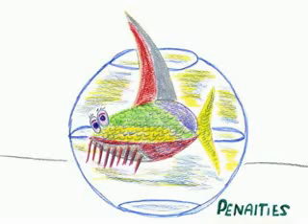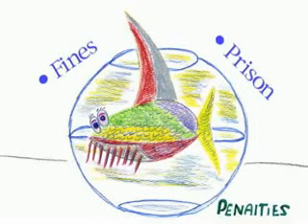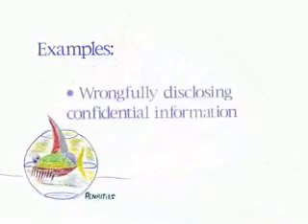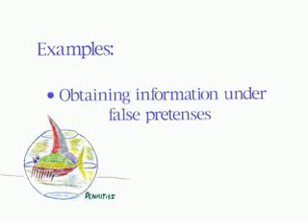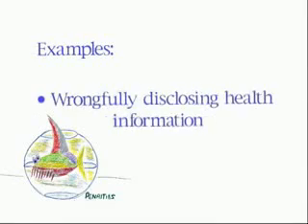You, as well as your organization, can be liable for breaches in medical information privacy. There are both criminal and civil penalties for failure to comply with HIPAA regulations. Penalties and fines range from $100 to $250,000, imprisonment for up to 10 years or both, depending on the severity of each breach. Examples of failure to comply with HIPAA are wrongfully disclosing confidential information, obtaining information under false pretenses, obtaining information with the intent to sell, use for commercial advantage, personal gain, or malicious harm, wrongfully disclosing individually identifiable